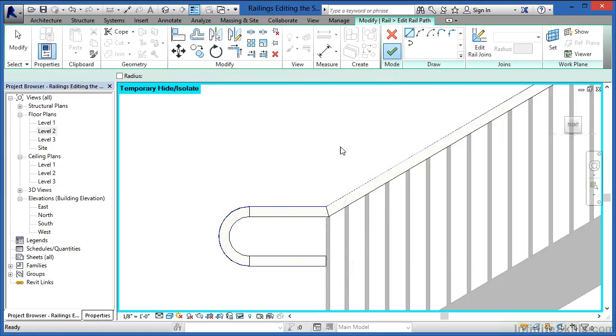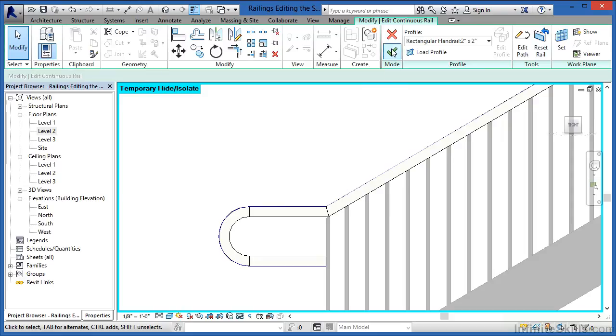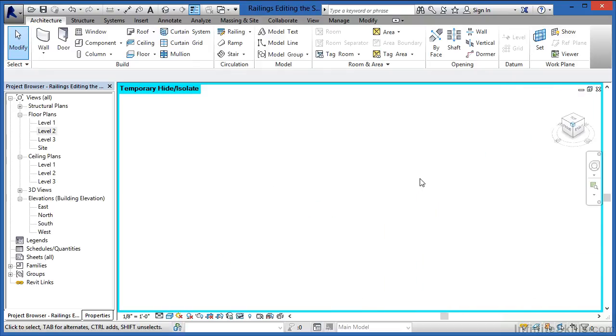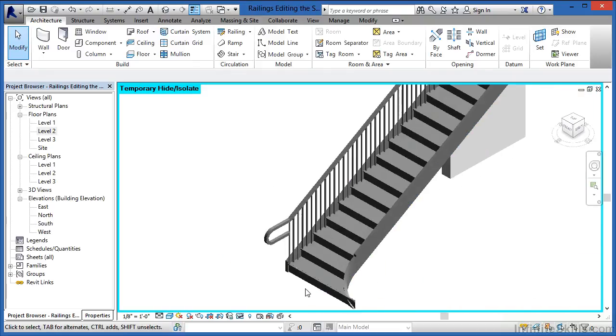And if we click on the big green check mark to that, and now big green check mark one more time, we now have this end extension coming down at the bottom of the staircase. So we're just going to click on the corner of the view cube and zoom in. And now we can see that we have that extension down at the bottom rail of this